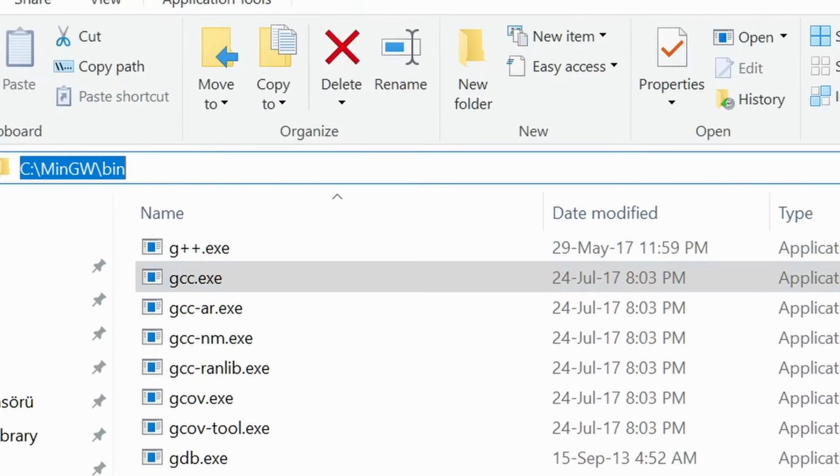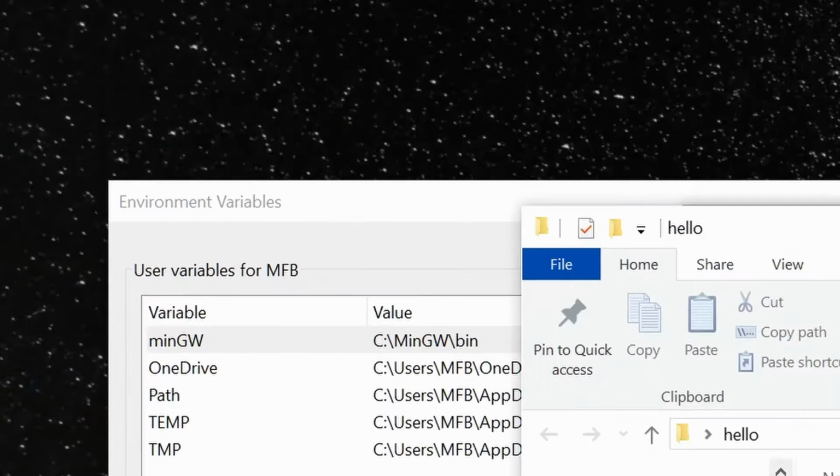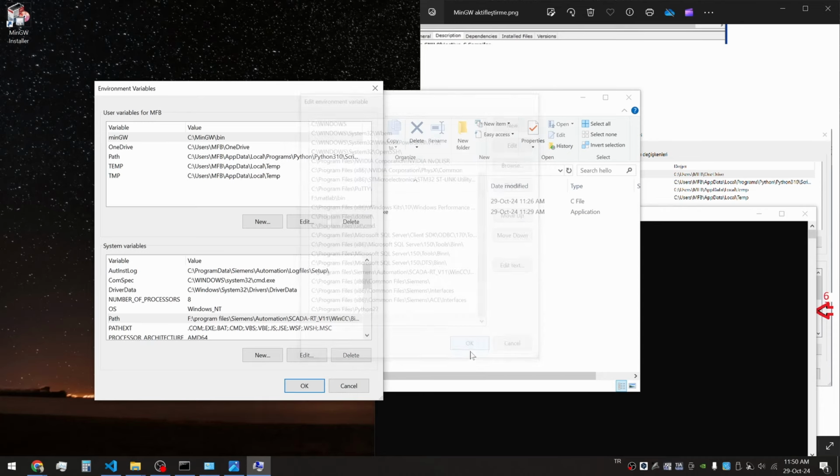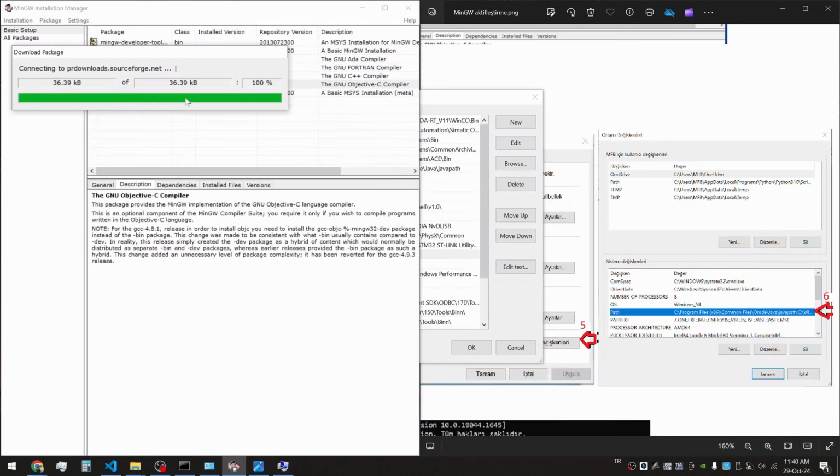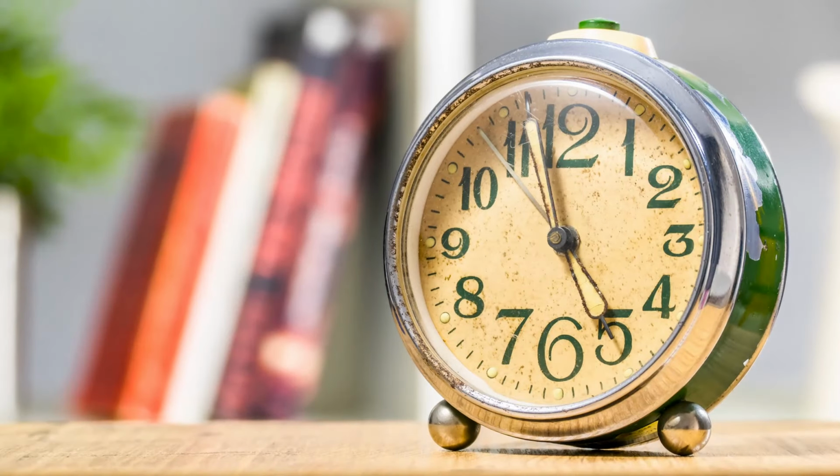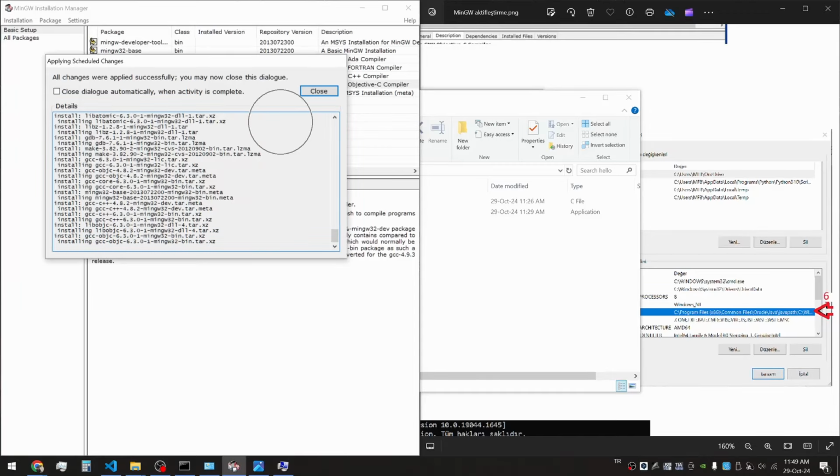I copy and paste this directory to the path in the environment variables. The installation process is finished.